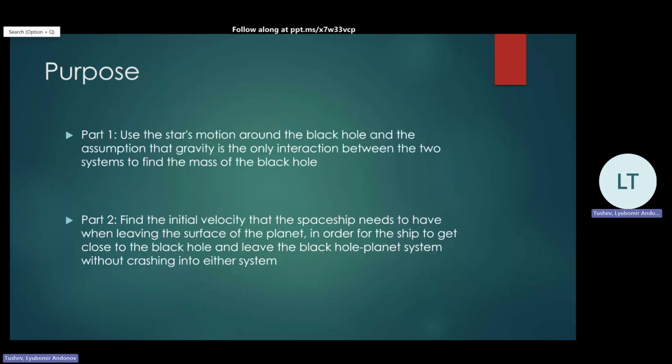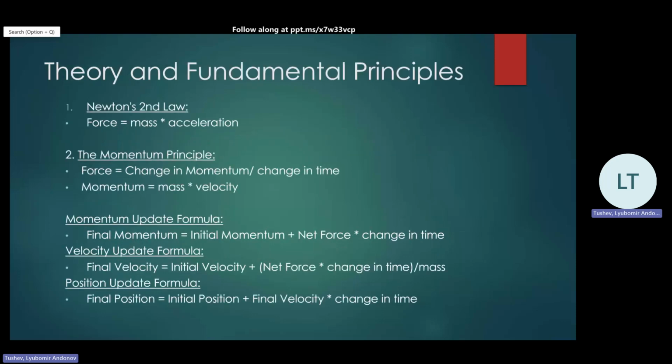The purpose of this lab, in part 1, is to use the star's observed motion around the black hole to find the mass of that black hole, while in part 2, I'll find the initial velocity the spaceship needs to have upon launch from the planet in order to get close to the black hole and then escape the black hole planet system without crashing. The fundamental physics principles I'll be working with in this lab are Newton's second law, the